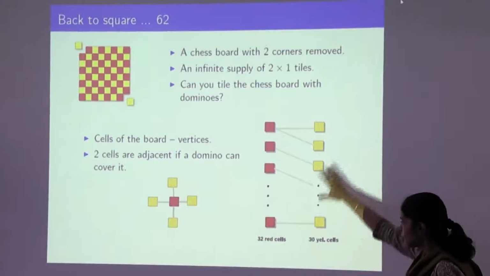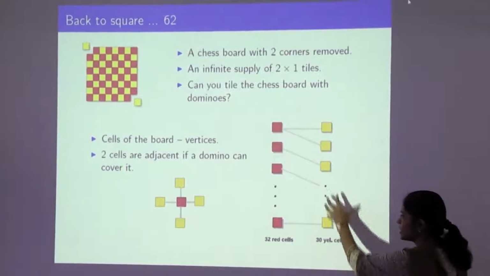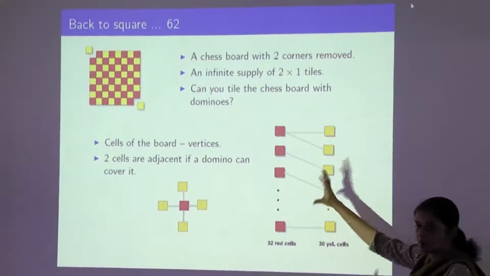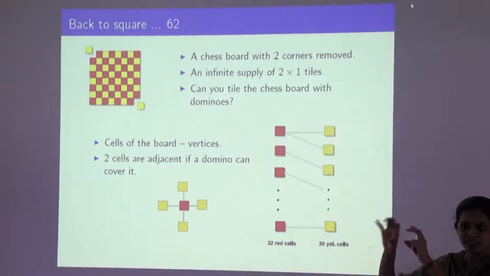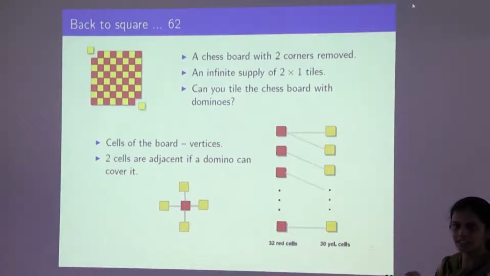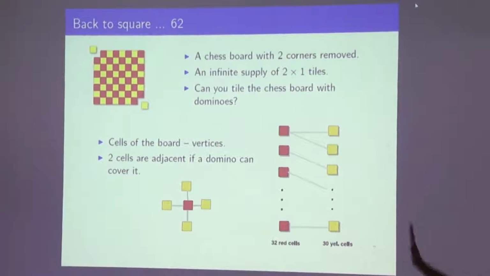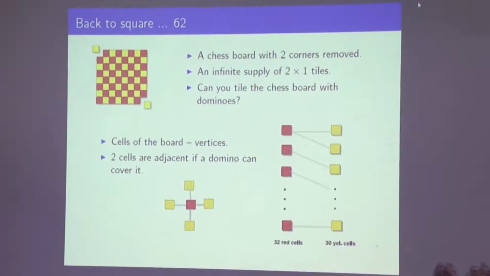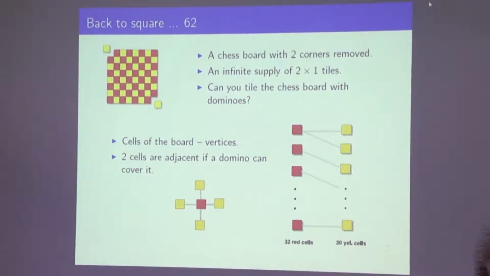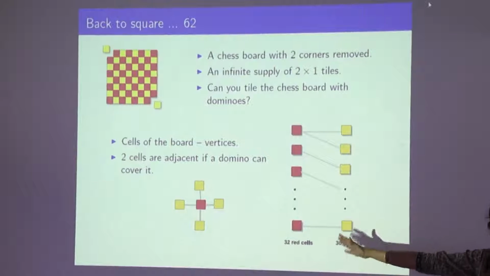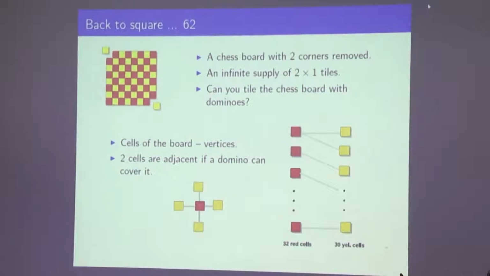Therefore, you have a bipartite graph in which you have 30 yellow cells, because you have removed 2 cells which are yellow. This will always happen whatever color you give, because both these diagonal cells are going to get the same color. So the color is only for our perception. You can ask this question without any coloring or without it being a chessboard, and the answer will still be no. But the coloring helps us reason about it. On the left side you have 32 cells, and there is no way that you are going to match 32 cells on the left side to 30 cells on the right side.